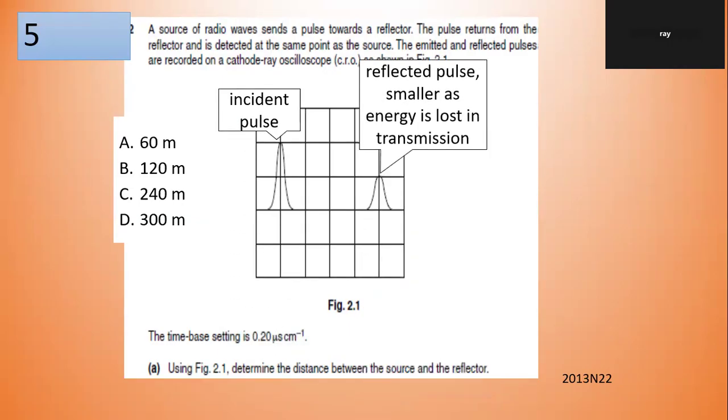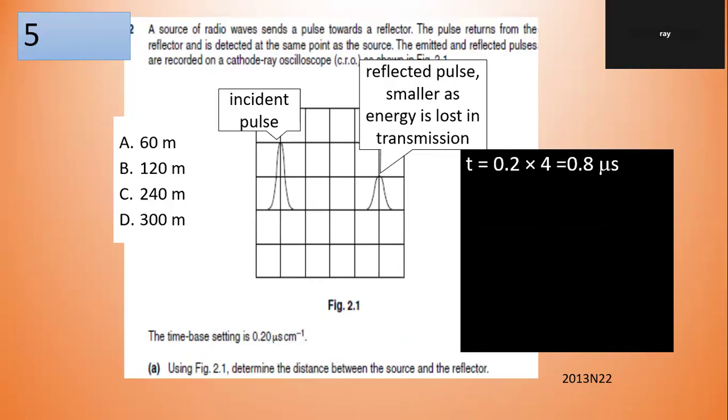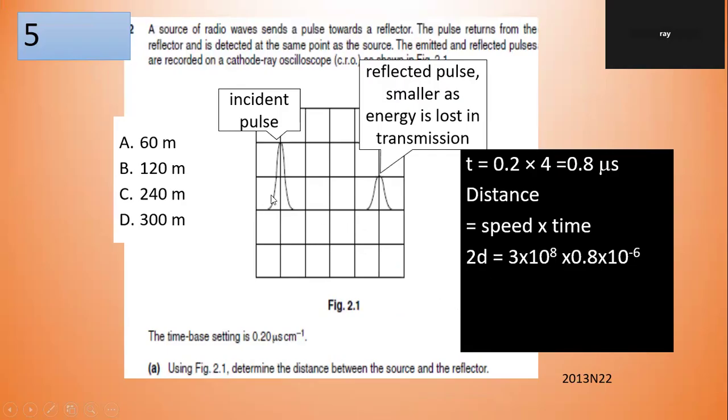Incident pulse, reflected pulse, smaller as energy is lost in transmission. Right? 0.2 is in microsecond. Right? From 0, 1, 2, 3, 4. So 0.8 microsecond. So distance is speed times time. Right? It's 2 to and fro. Remember, that's why it's 2D. Distance is D. And speed of light. Radio wave travels at speed of light. You should know that. And then the time